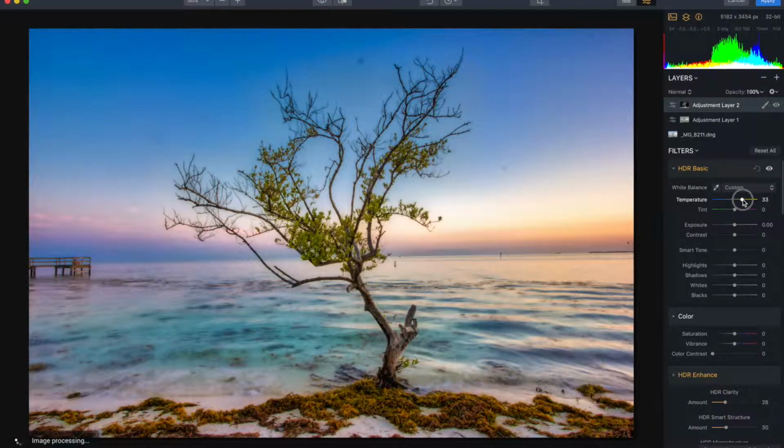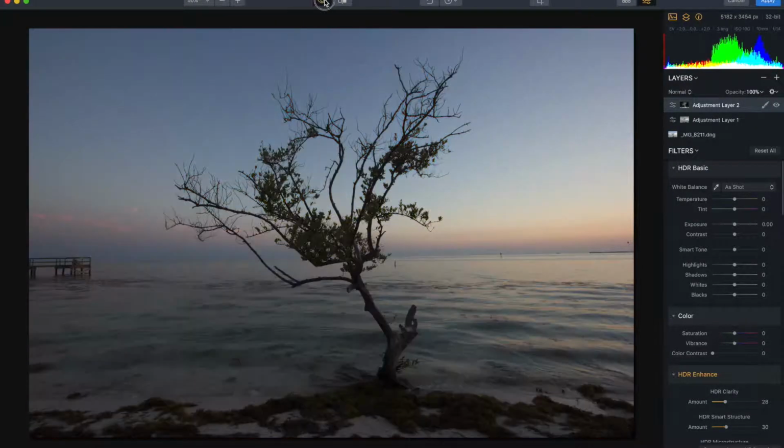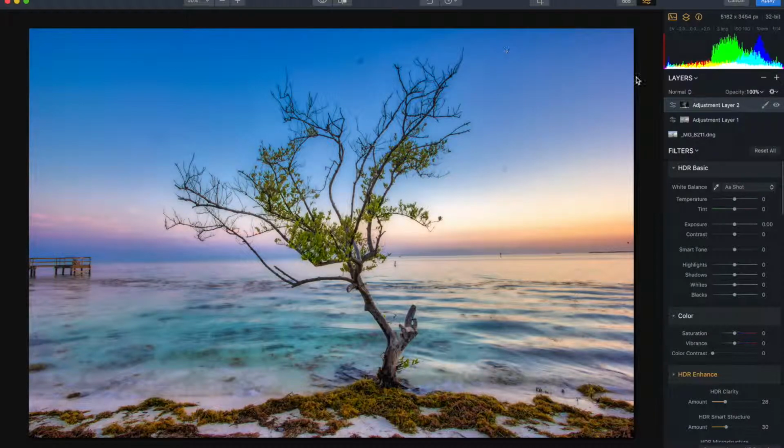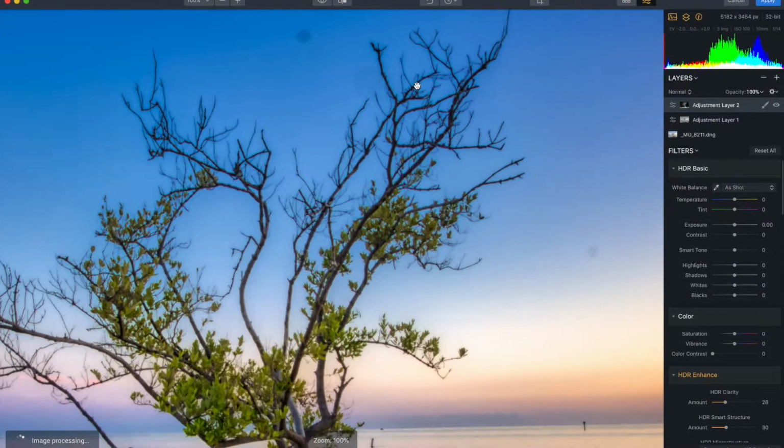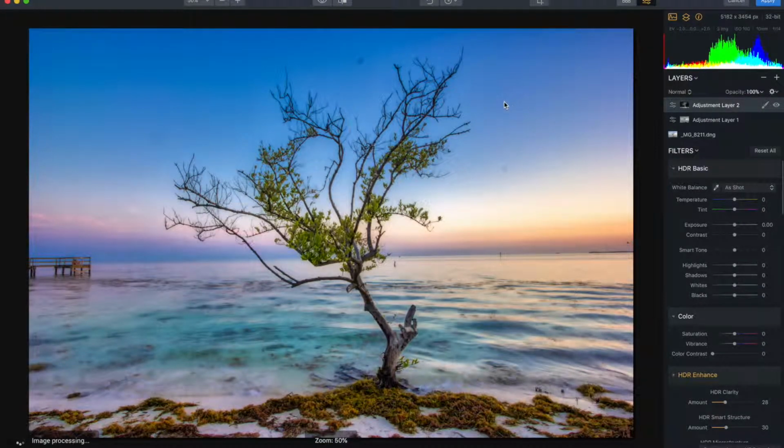If I warm this a little bit, leave it alone. So something kind of like that. It doesn't look exactly how I had it before. I might need to come down here and do a little bit more. There we go. A little bit more color contrast and come back up, turn this layer back on. Get that little bit of pop. And I might even